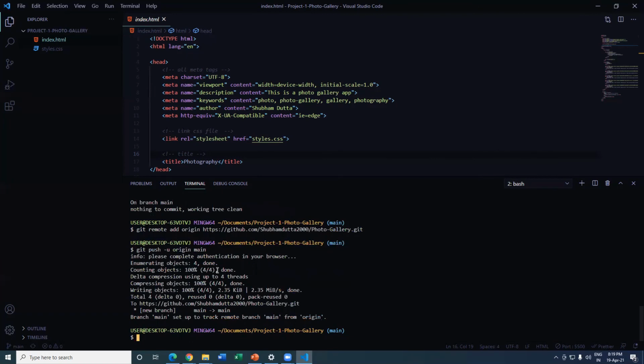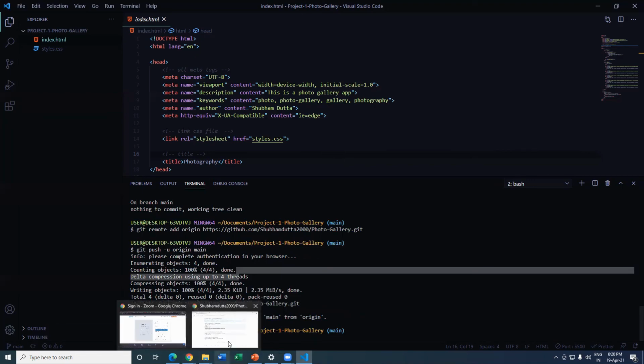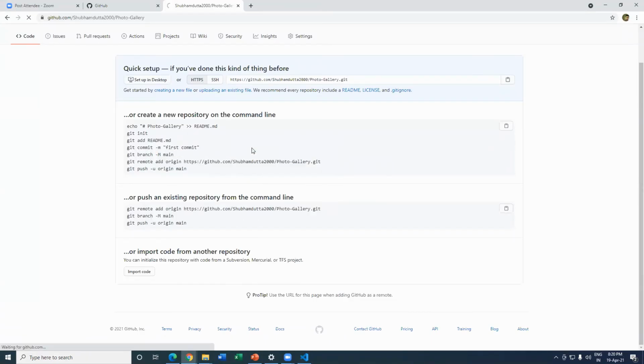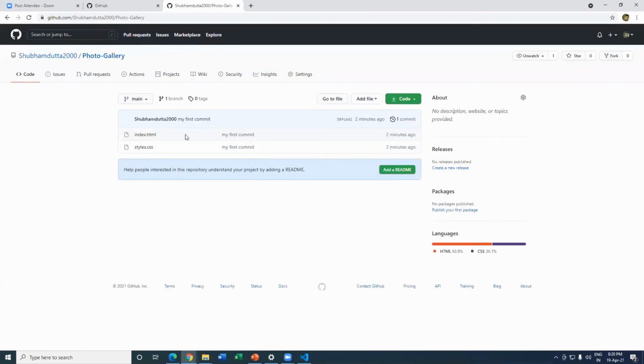Now if you go to your code, you can see that your code has been pushed to your GitHub account. If you refresh this page, here you can see that my code is there. The repository name is photo gallery, and here are the index.html and the styles.css.